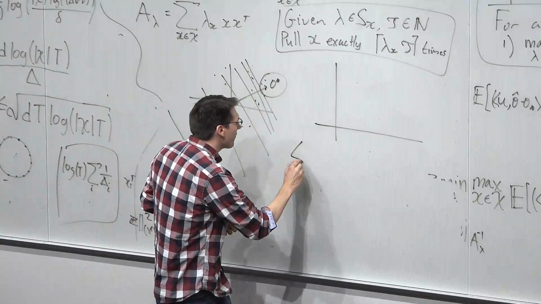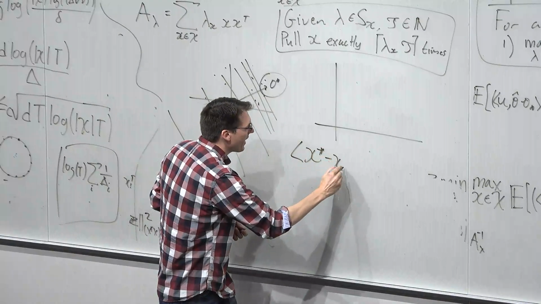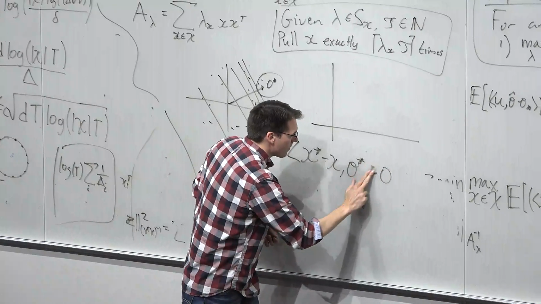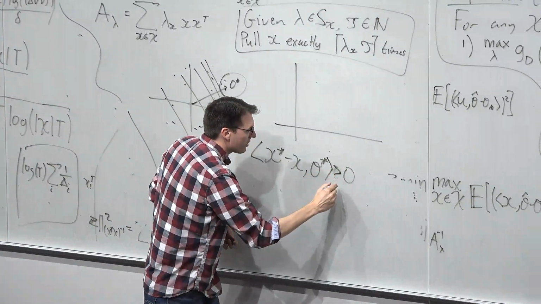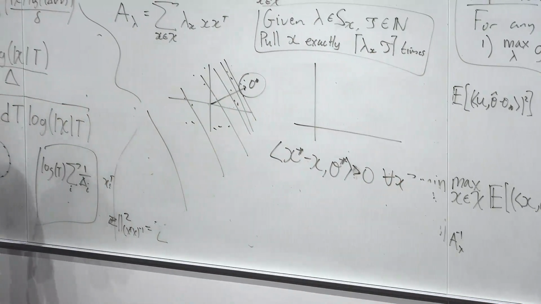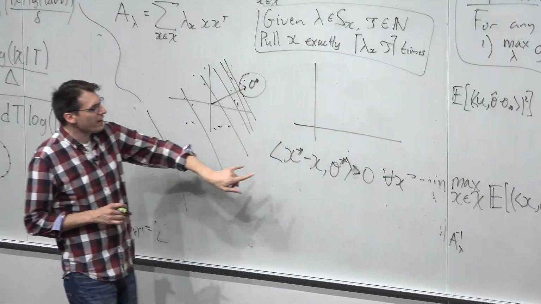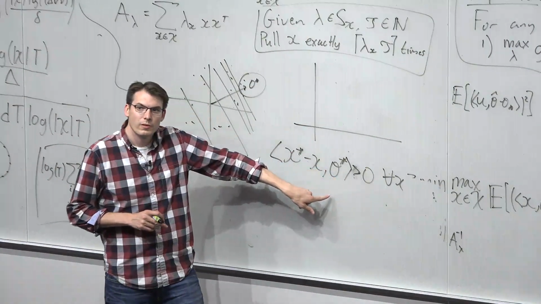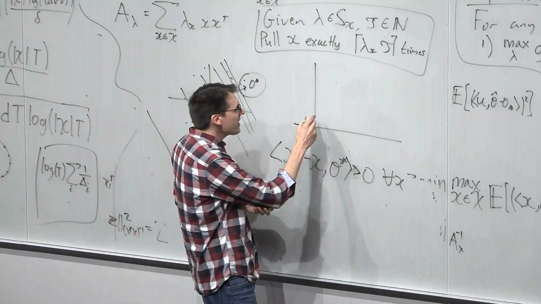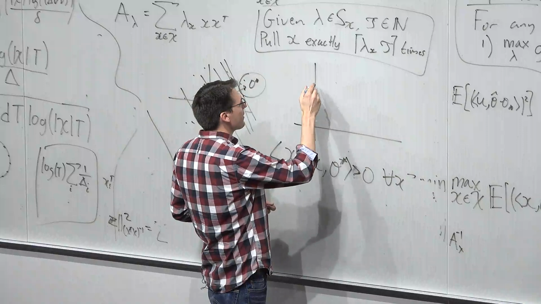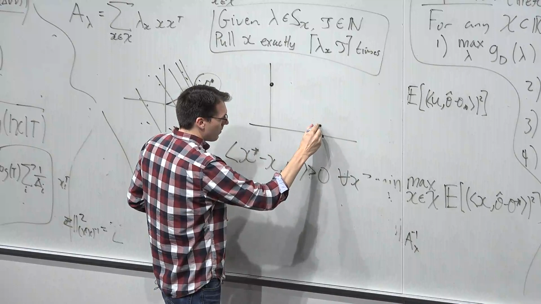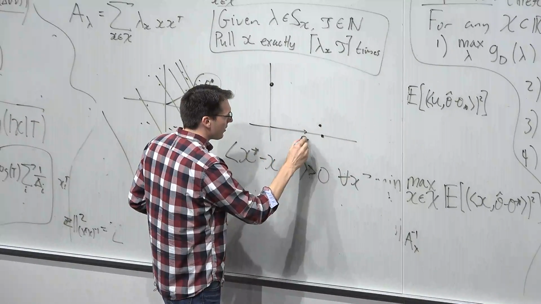Because what I actually need to show is that (x star minus x) transpose theta star is greater than 0 for all x. If someone told me what the vector x star was, I would just need to verify that this was true. And how should I measure it in order to do that? One way of thinking about this is if I have, say, feature vectors that look like this, and theta star was in this direction,